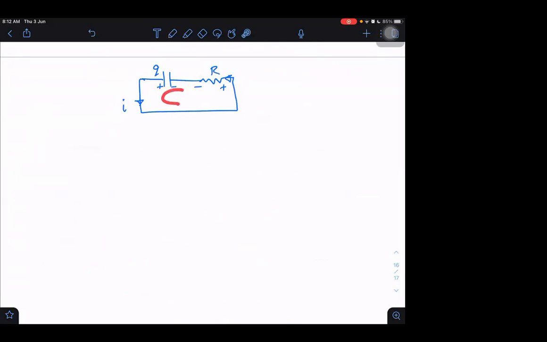Right, the KVL equation, start from here. From here to here it increases. How much does it increase? Q by C. And then we went this side back again up to R and it decreases. How much does it decrease? Minus I into R. What does it become? Equal to 0. Right or not? Yes, sir. I equals dq by dt. Then I can be written as minus dq by dt, because charge is decreasing with time. Don't write dq by dt, that will be completely wrong. It's a discharge, so it is minus dq by dt.